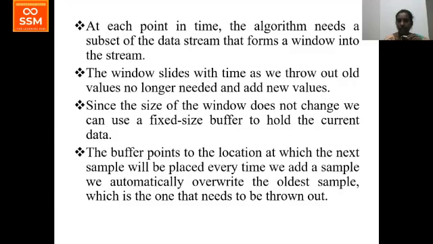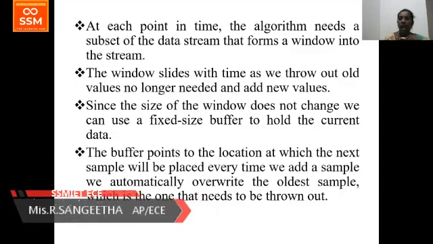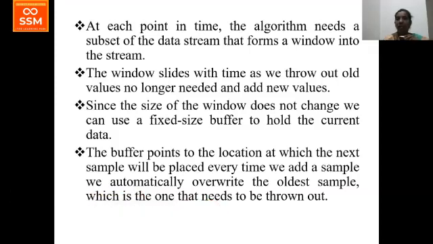For the first time interval, we are storing some part of the data stream. For the next time interval, we are using some other data. The first set of data will be processed and then deleted, or it may be played out. In the next time interval, the next set of data will be stored in the circular buffer. So it is also called a fixed size buffer.